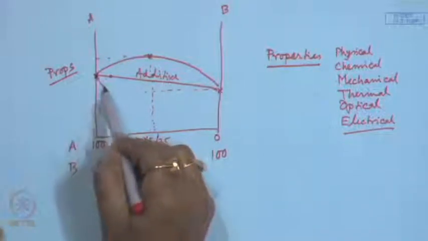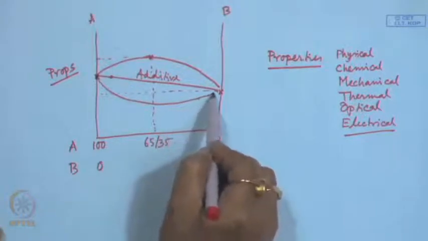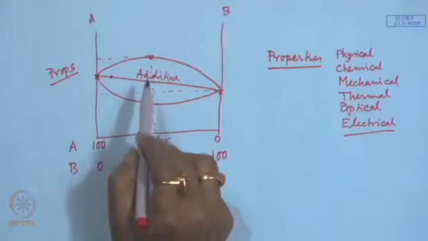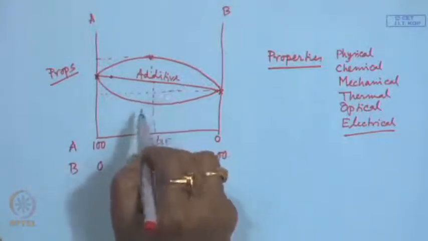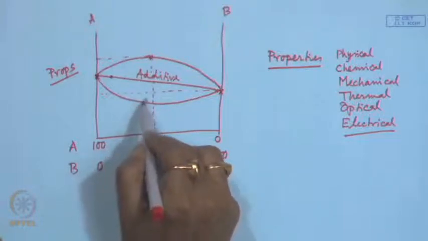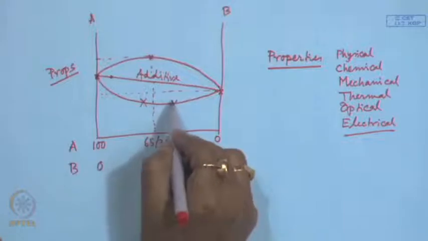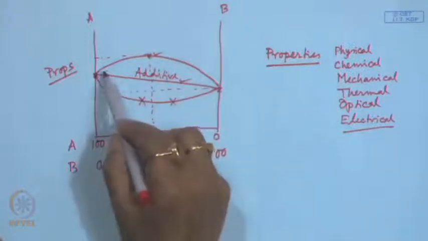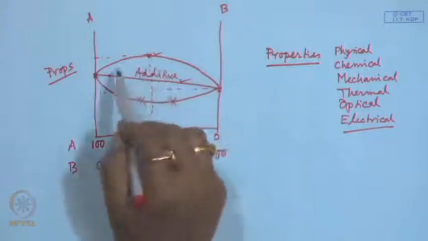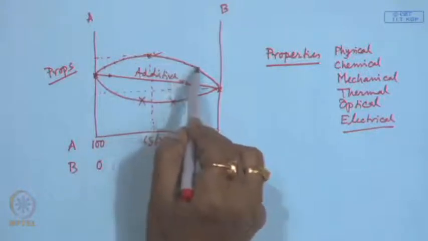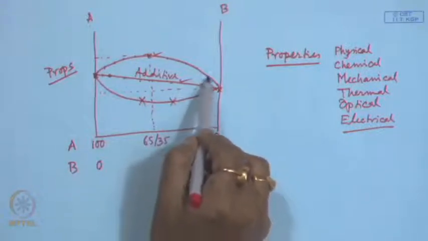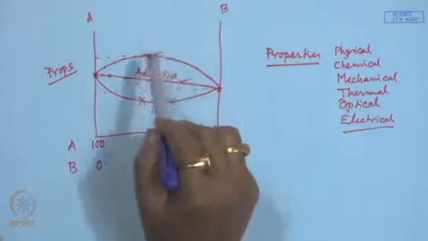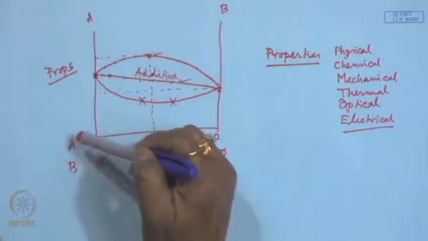There can be another situation where these properties line remain below the additive line. That is, this system may not be useful, whereas this can be useful or this can be useful at certain composition. At any composition this is also useful. So, we can remain at any point where you like or any point where in the additive case we can remain. So, this way we can get improved properties by blending of the component polymers A and B,